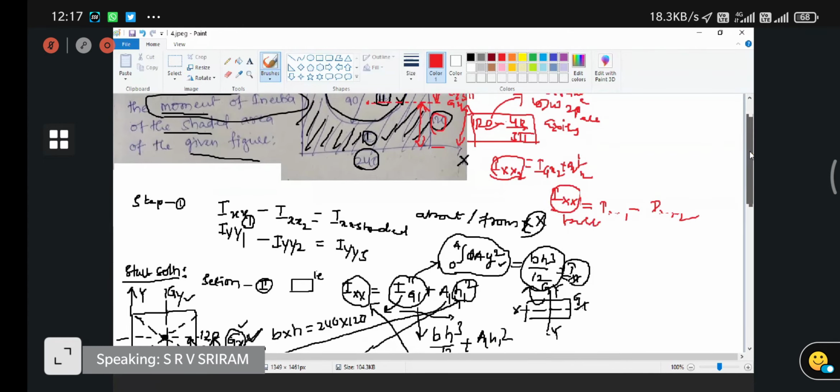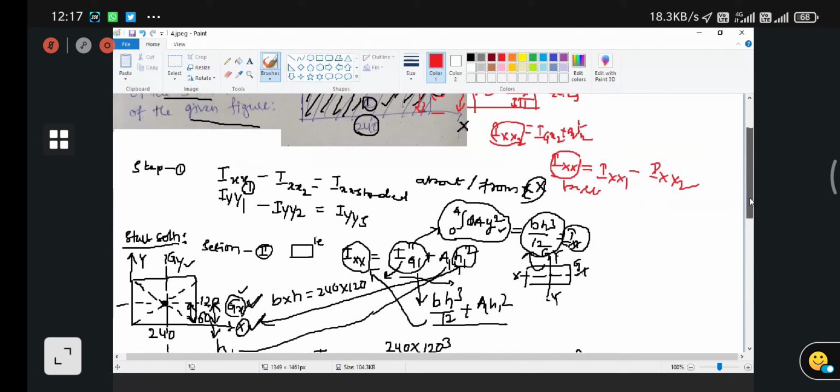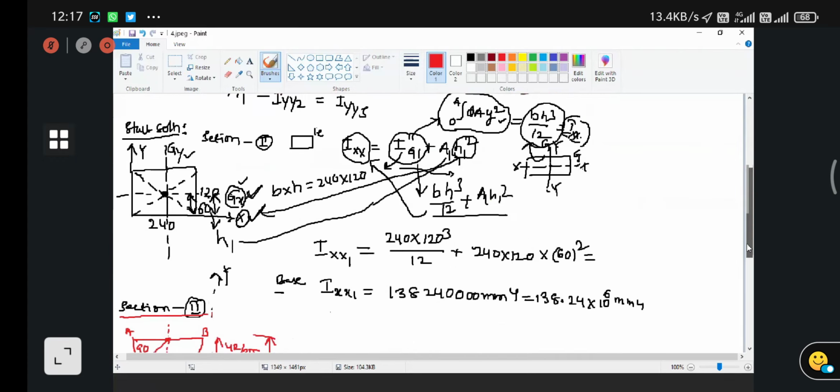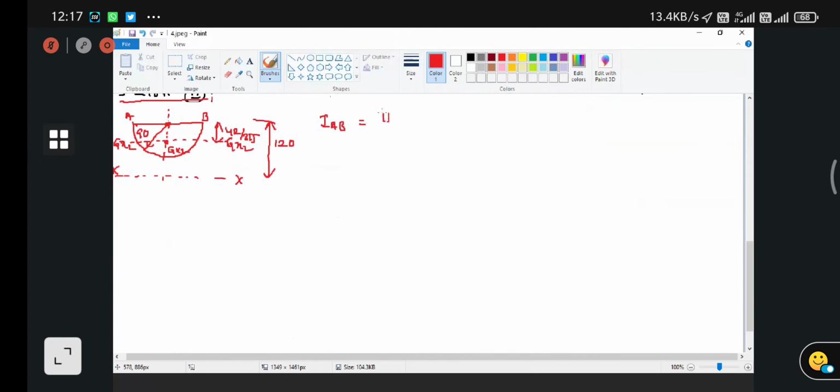So then comes to here. What is my ultimate aim here? First of all, I will find the moment of inertia about the base axis. About the base axis we have pi r power 4 by 8. So what is the value of this? I will go for calculating. If anybody has a calculator, tell me the answer. I am going to wait.